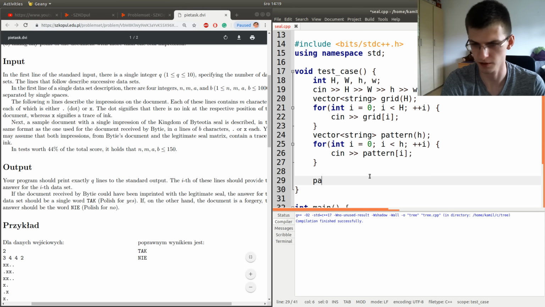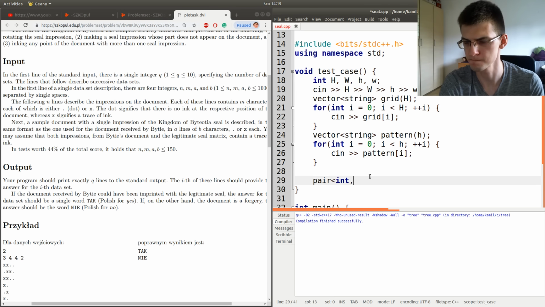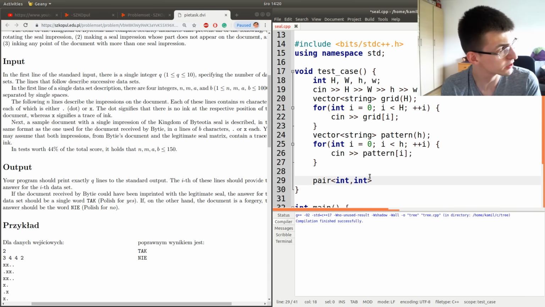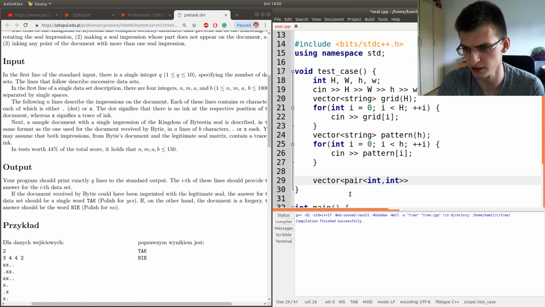Okay, so how to call it? Let's say that the leftmost pair will be some pair. Maybe it isn't necessary. We need a vector, so kind of a list. It's more common to use a list for that, but vector is also fast and it can do more things.